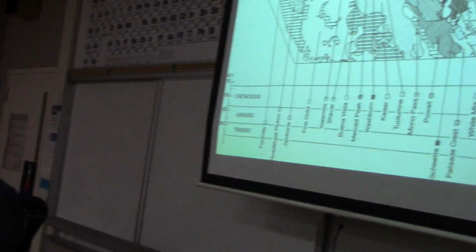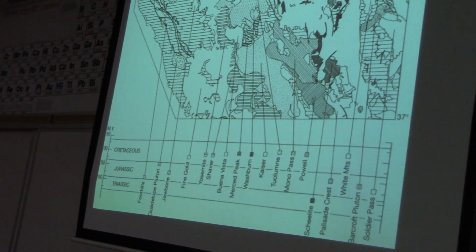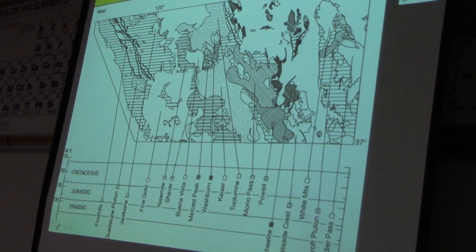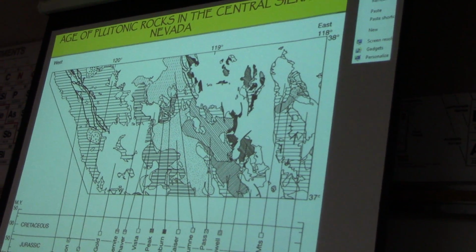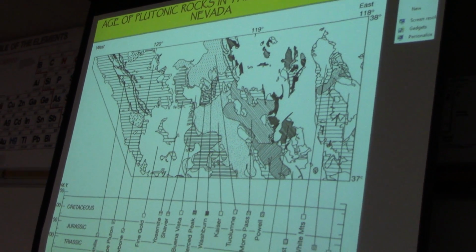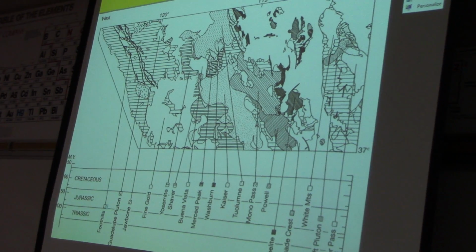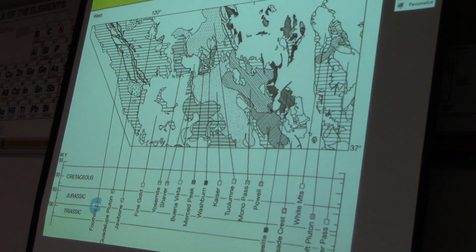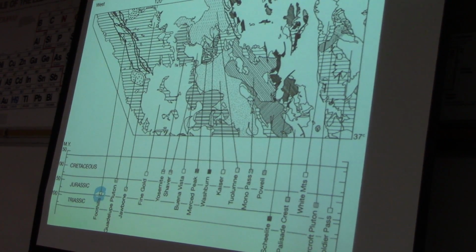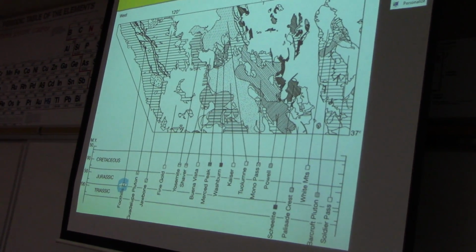Ages of these, this is from west to east, and these different cross hatches are ages of these different formations. If we start over here, the foothills right in here average about 150 to 200 million years old. So in this particular area, the foothills are right around 200 million years old, the rocks that we're sitting on top of right now.